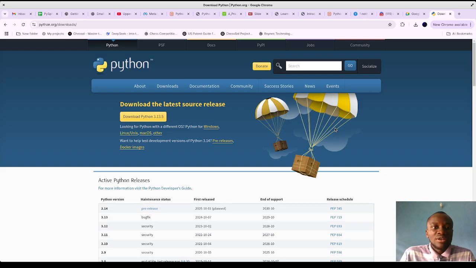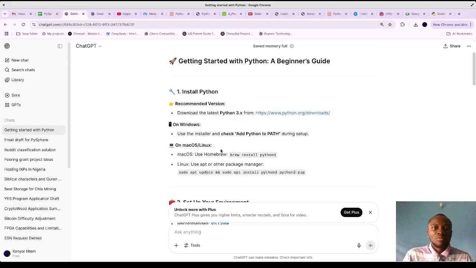So having said that, I also want to tell us that you can also use GPTs because you may actually have some errors or some other stuff. So it's important that you also use an AI tool to help you. So I made a little prompt here. So for those of us who are on Windows,